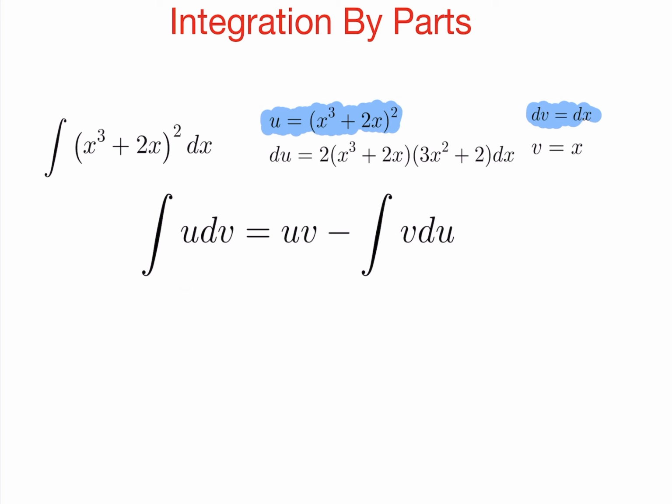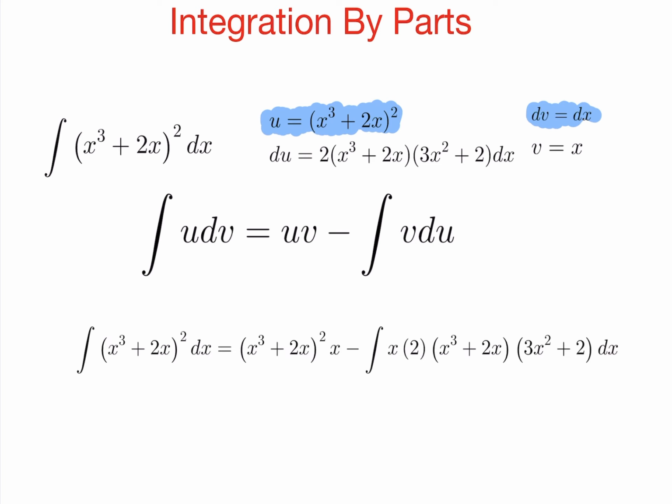So that's one thing you have to make sure you do: the dv value you choose, you have to be able to actually take the antiderivative. In this case, v equals x. And you also have to be able to take the derivative of your u value. In this case, we get the following. So now I'm going to substitute this all into my equation, giving us